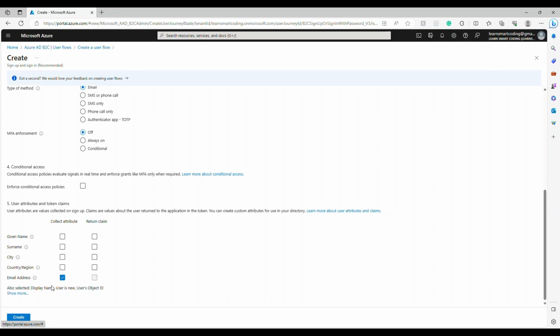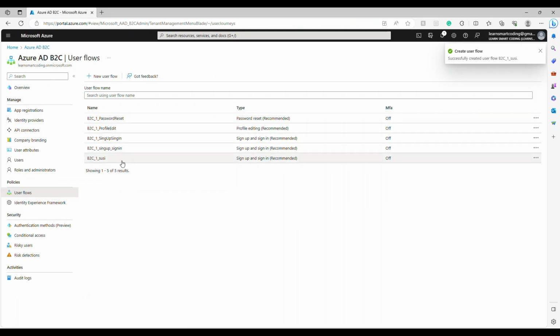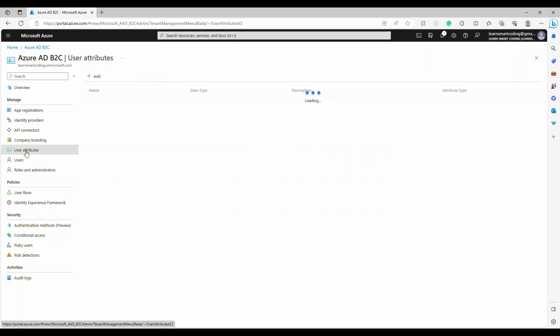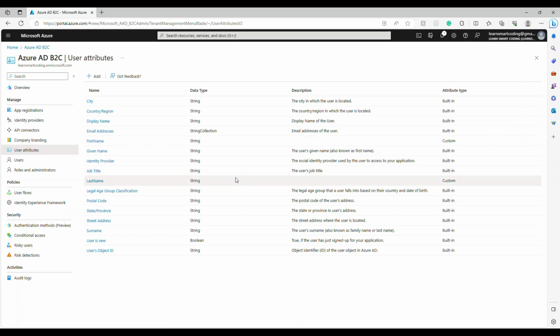Okay, now when I choose all these things, based on what I choose, I will create it. Don't worry if you have chosen something incorrect or you missed it. Later you can go and actually choose whatever you want. That also we will see shortly. But now this user flow is created. SUSI, sign up, sign in. Similarly, I will have to create two more, but before that, let's go to user attributes, and you can see